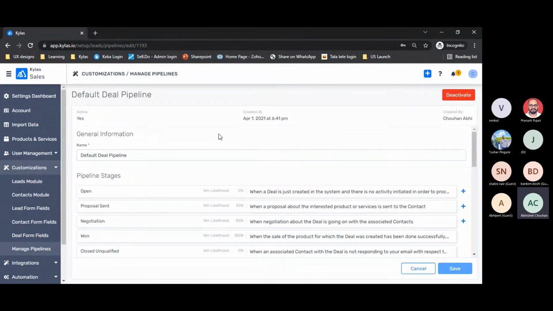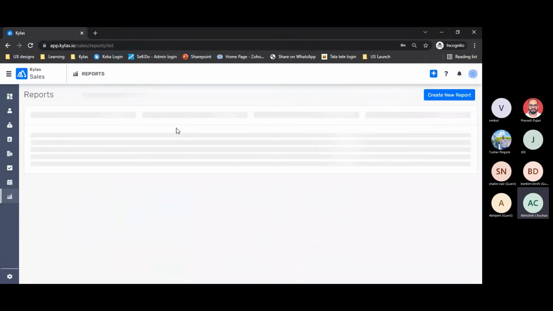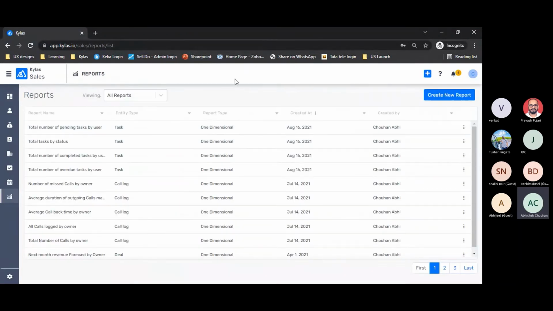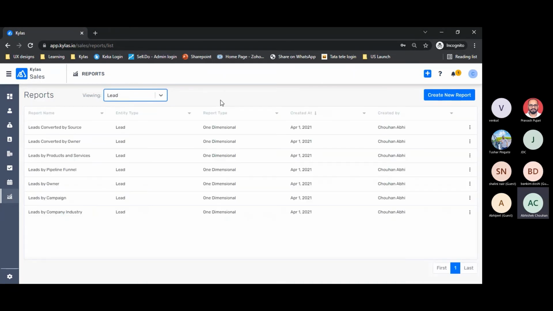Now let me quickly cover how we can have reports on pipelines. Okay, now since I have created pipelines, my sales team is very well updating the stages on time as and when they are performing some activity. Now, how is it benefiting me, right? So what I can do is at any point of time, I can see a report based on pipeline stage.